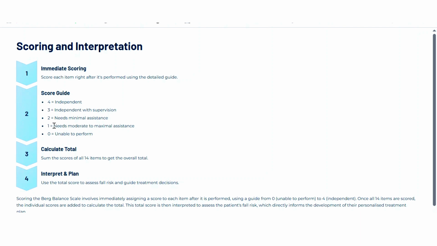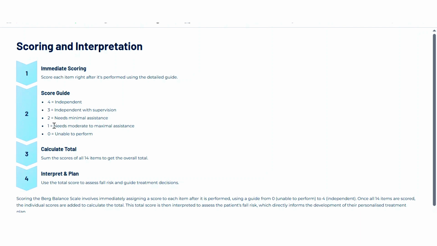Independent with supervision means that you just have to instruct, but sometimes the patient needs complete instruction, like how you can perform it, like this, like this. You can just tell the patient, and the patient may be able to perform that with clear supervision. Okay, four means just give the instruction, and the patient is able to perform that. That means the patient is completely independent.